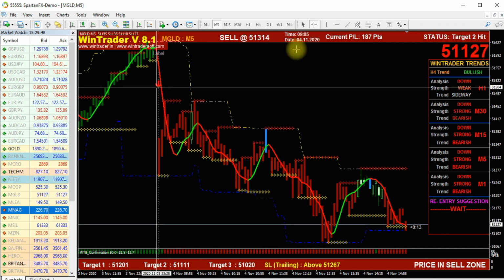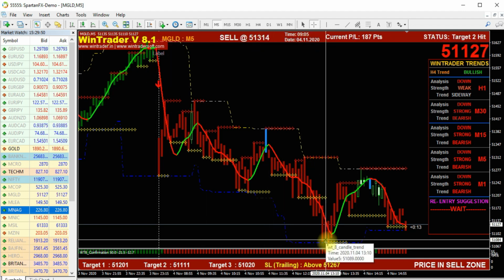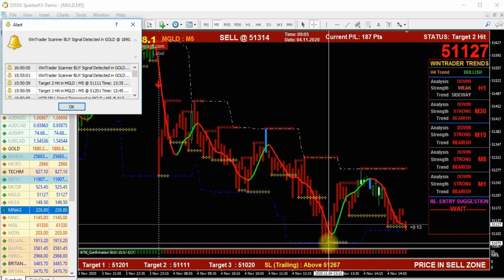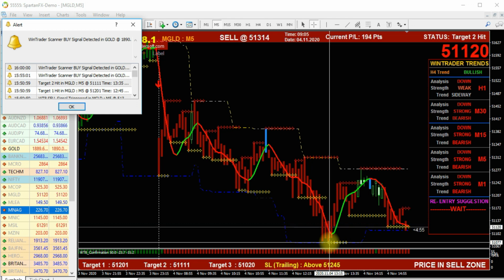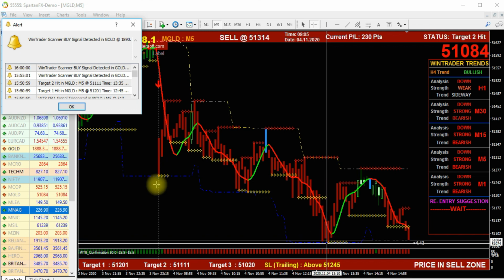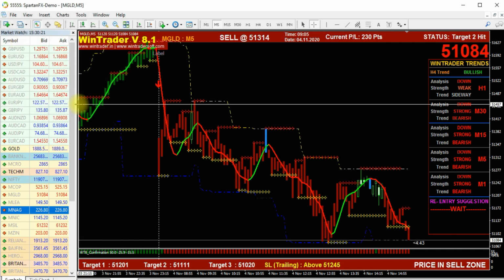Today in the gold chart we got a sell at 51314 and the market went down up to 51077 or so. Maybe you exit from this bottom, 51077. So if you entered the trade and exited at that level, you would already earn 237 more points. In this current situation it's almost 237 points of profit, which means 23,000 more profit with a single signal, a single trade of gold. In each time frame and script we can perform the same way. WinTrader will perform the same way.